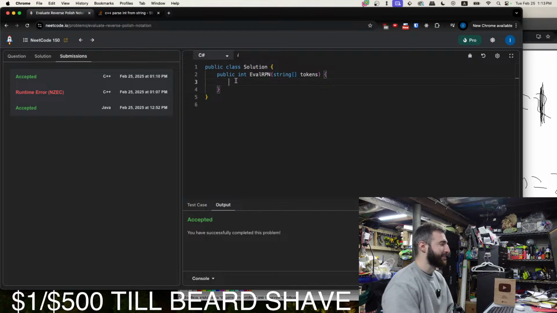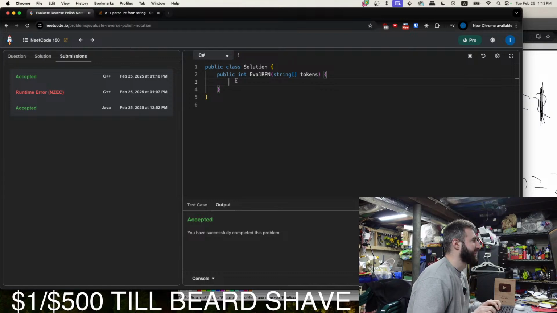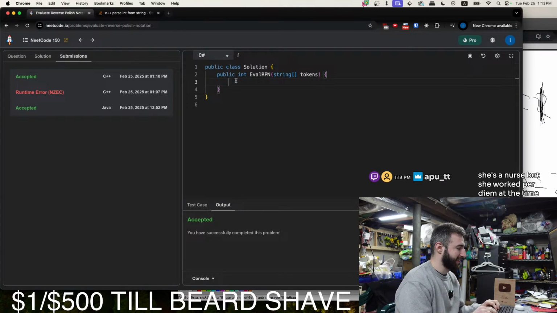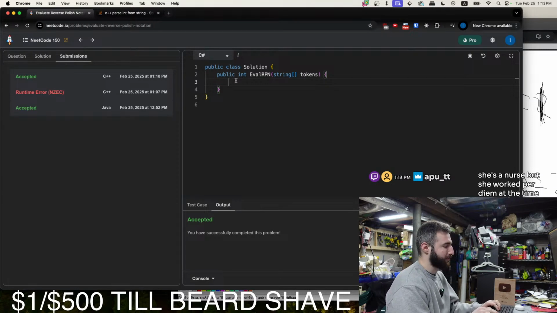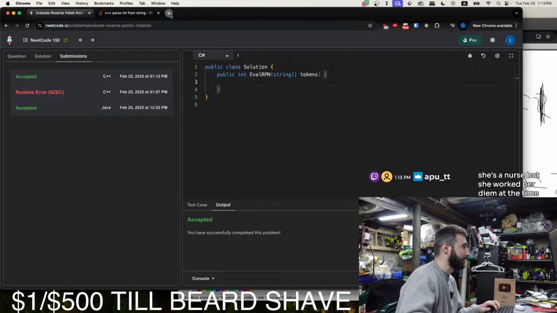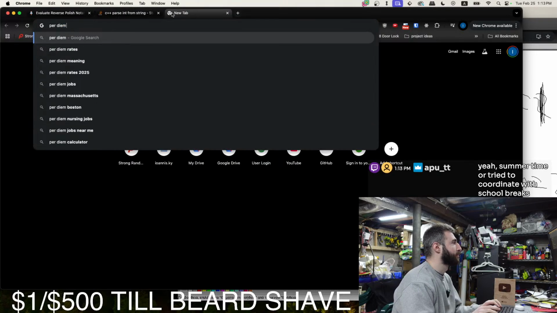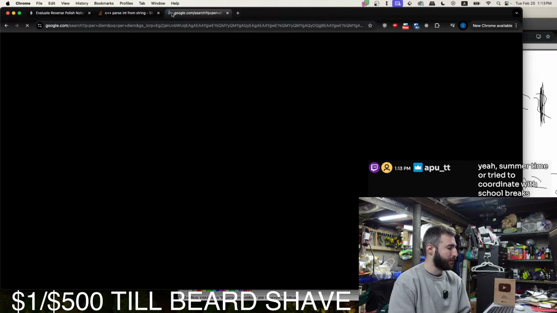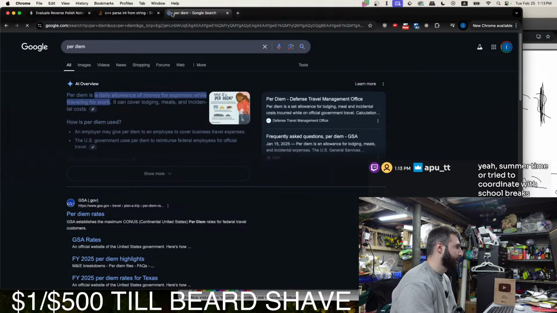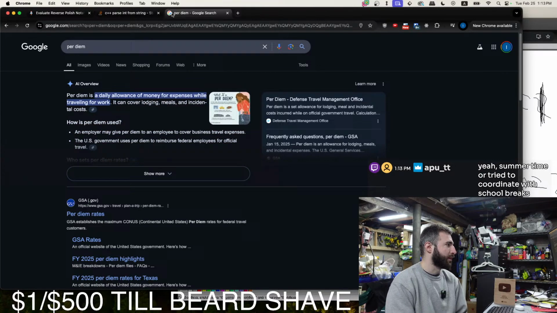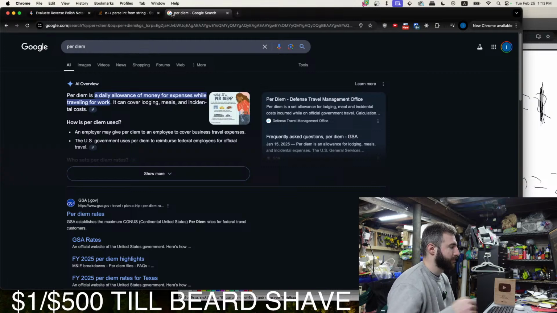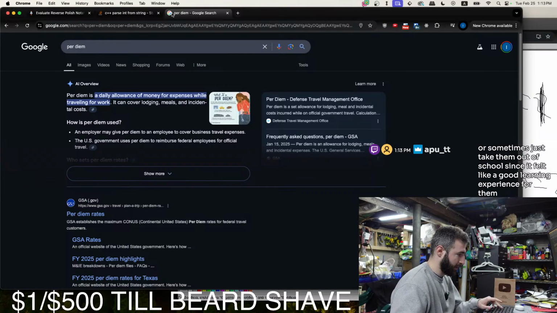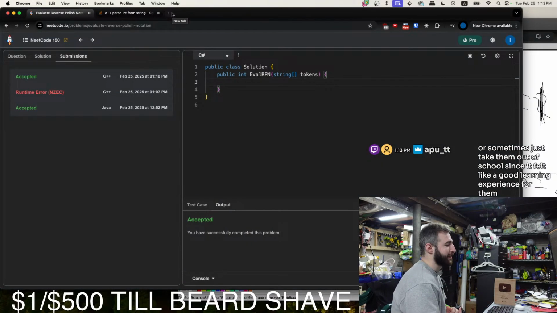That's a good deal, traveling around while the man of the house is working away, eating pizza. She's a nurse, but she worked per diem at the time. Interesting. What does per diem mean? Yeah, summertime. I tried to coordinate with school breaks. Hell yeah. Per diem, daily allowance of money for expenses while traveling for work. Interesting. Or sometimes just take them out of school since it felt like a good learning experience for them.